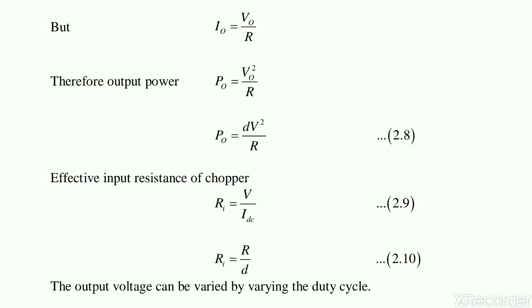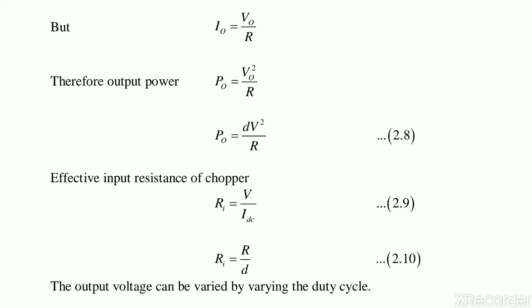So one can understand by varying the on time and off time of the switching of the switch, or the SCR, we can get the output voltage across the load. So the output voltage can be varied or controlled using the duty cycle or on-off period of SCR. So this is regarding step down chopper, its basic circuit, the simple waveforms and 5 to 6 important formulas.